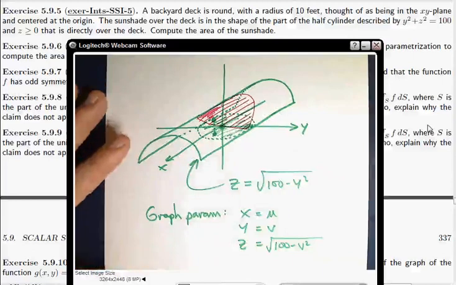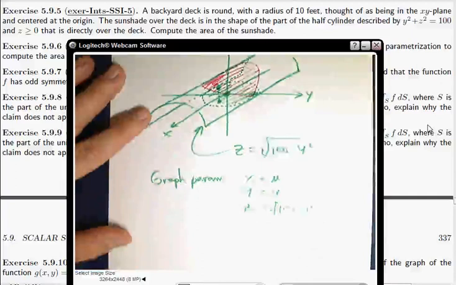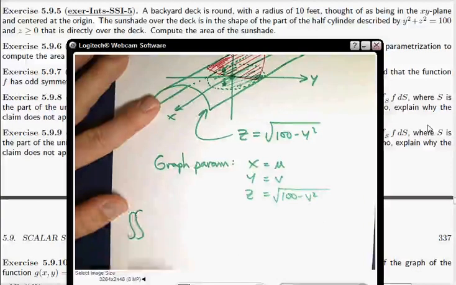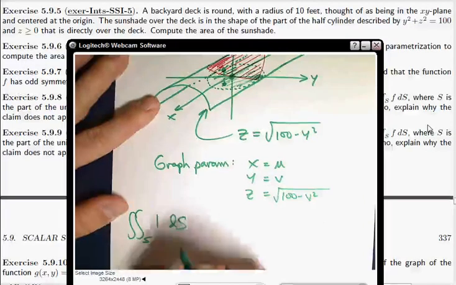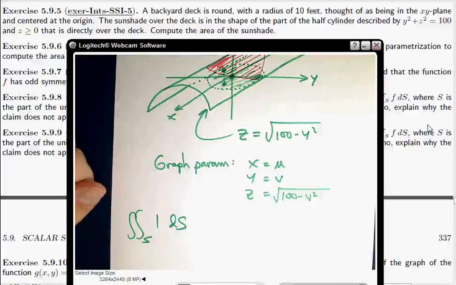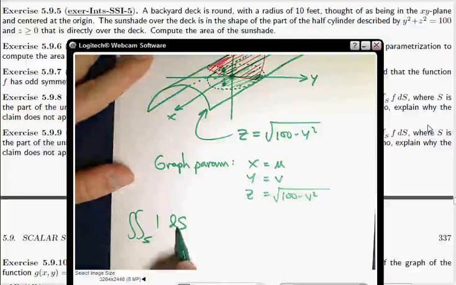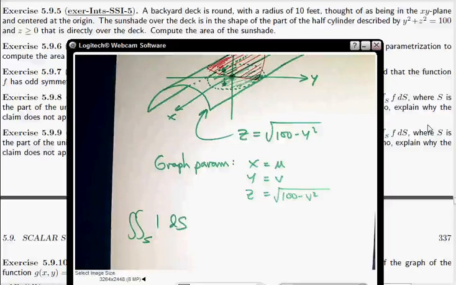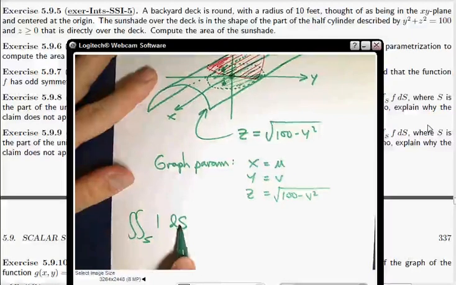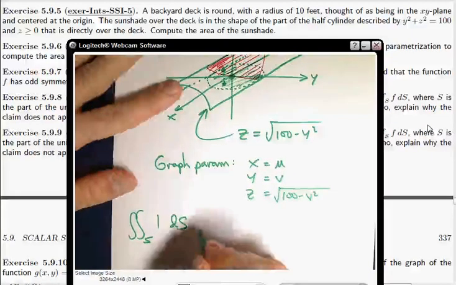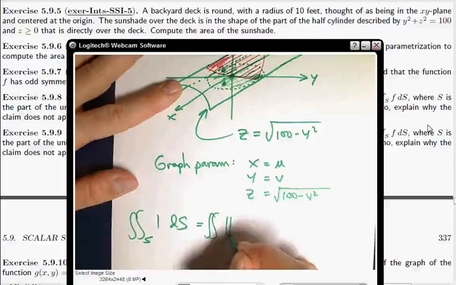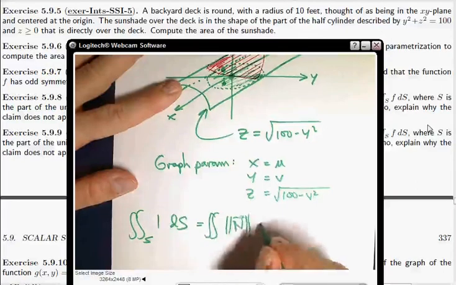Right? Okay. All right, and we want to compute the area. So we want to compute an integral over the surface of 1 dS. That computes area. Does that make sense? Yes. Because in other words, we're just adding up the pieces of area themselves. It's not like we're figuring out how much heat a piece of the sunshade is absorbing per unit area or anything like that. I'm just adding up the areas themselves. Okay. And now, what is dS? Well, dS is the length of n, in other words, the stretching factor,